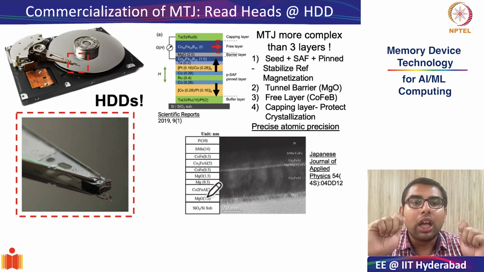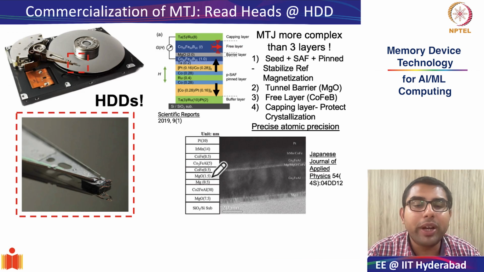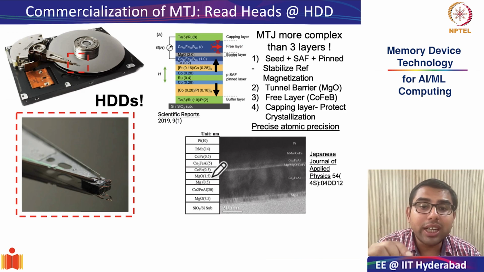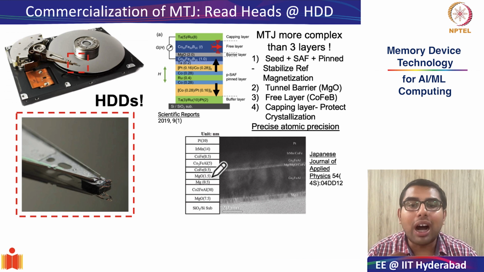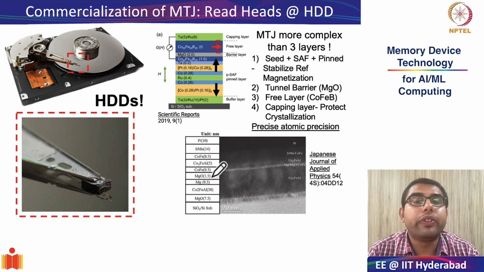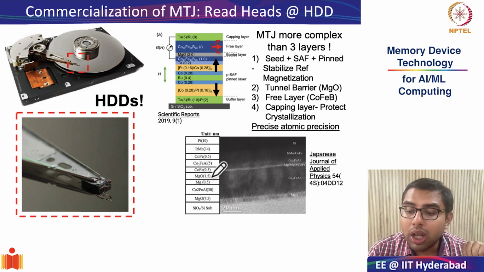So this deposition of 0.5 nanometers, 1.5 nanometers is a real feat in materials engineering, where you are depositing few atoms thick functional layers uniformly throughout large wafer scale devices. And this is why I say that the development of MTJs was a true testament to scientific and engineering feat.